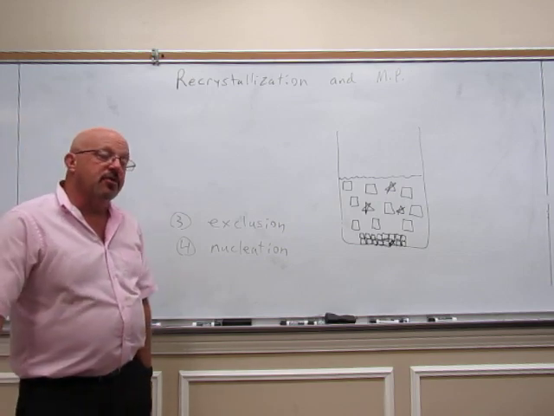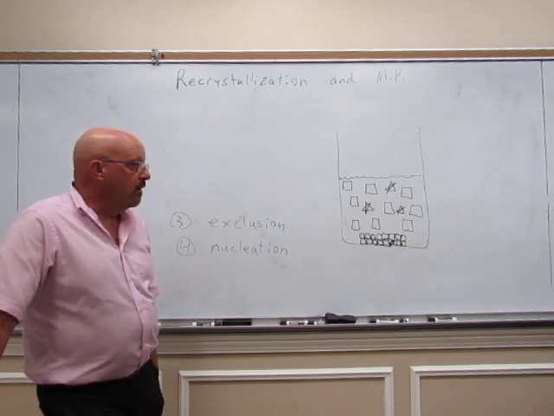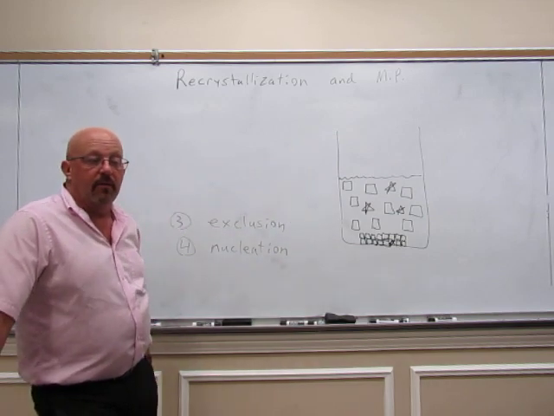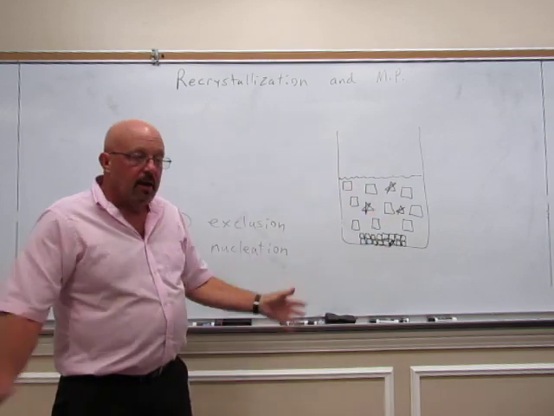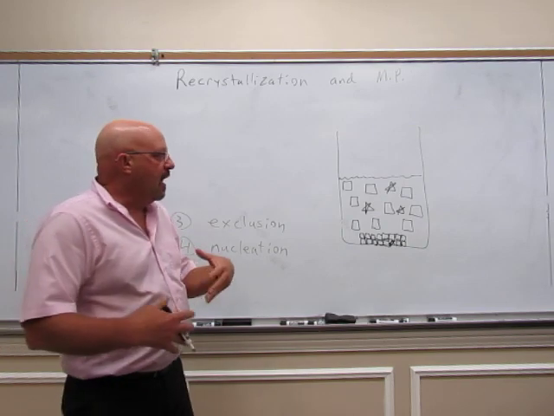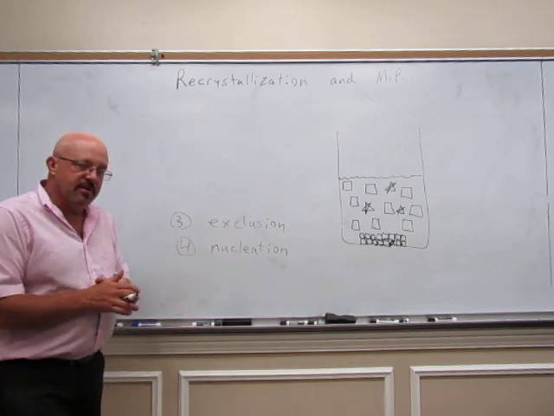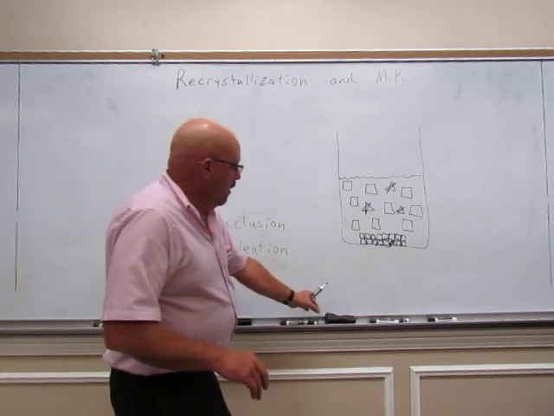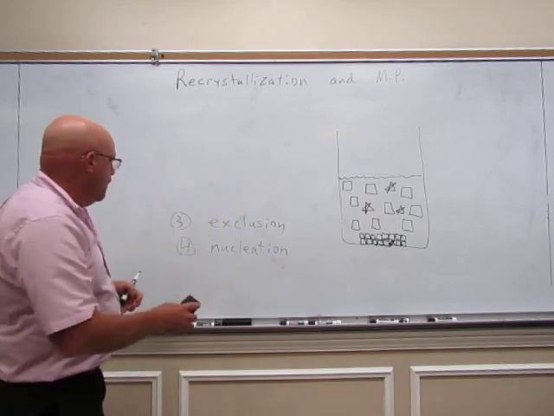Now for recrystallization to work, you've got to have one compound that's in excess of the other. There's got to be more of one than there is the other. If it's a 50-50 mixture, if I had half squares and half stars, we would get half and half coming out. You have to have one in excess of the other. You've got to have more of one than the other for recrystallization to work. A 50-50 mixture will not work. Okay, so that's exclusion. We exclude the impurities